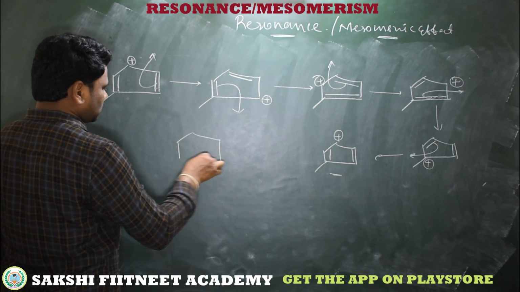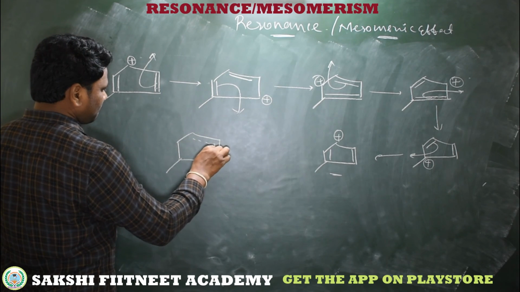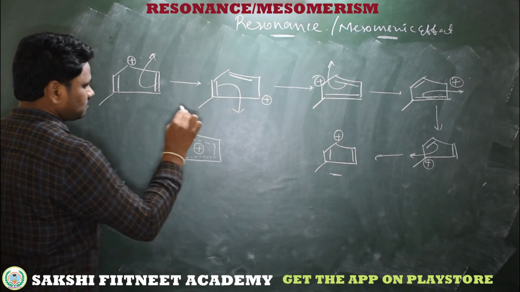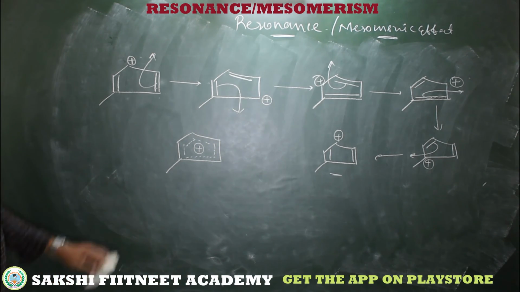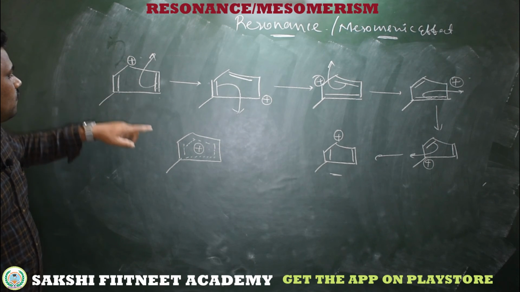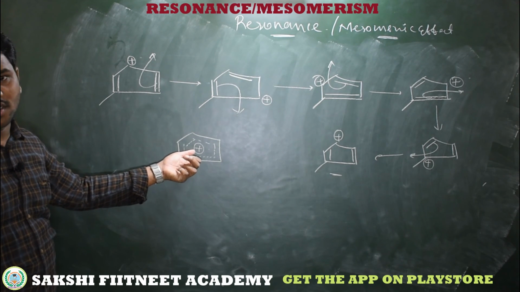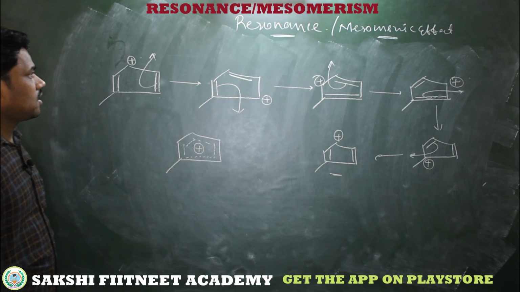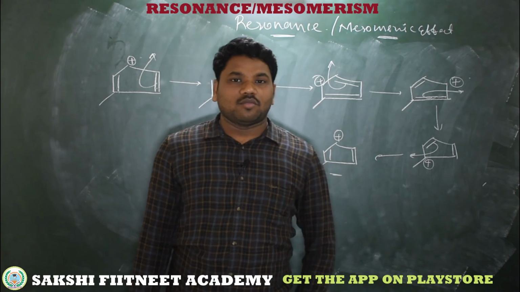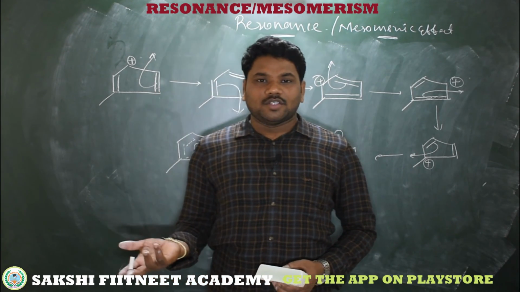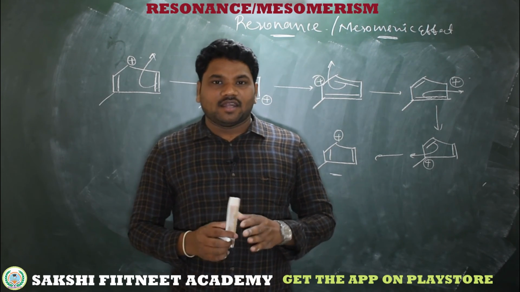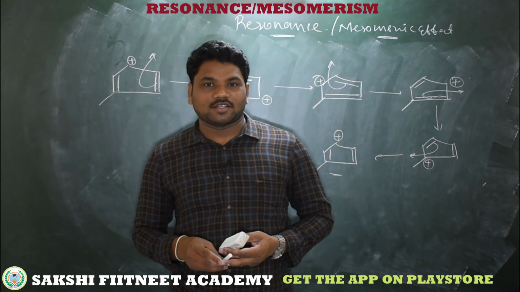And what about the hybrid structure for this compound? So plus, this is a hybrid structure for this compound. Same way, if it is minus there, then minus to conjugation. After that, take a hybrid and put a negative charge in the center, so this is the resonance, and this is the way to draw a resonating structure. So in the next video we will learn about what is mesomeric effect or resonance effect, that is plus mesomeric effect, minus mesomeric effect, and we'll learn about applications of resonance.